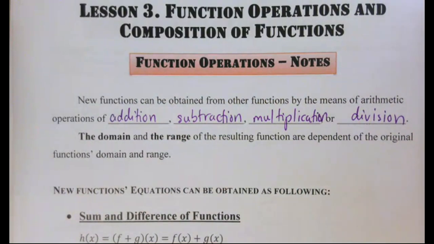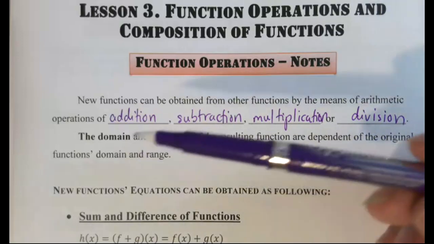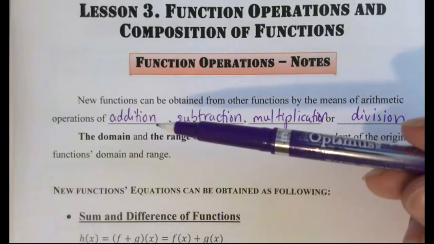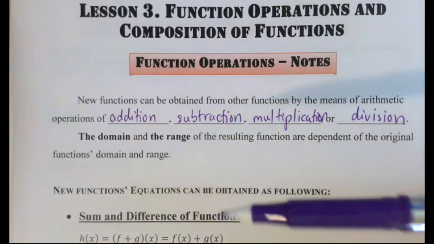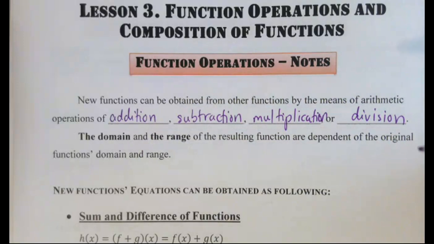So basically, we're going to add, subtract, multiply, divide the functions, equations, the f of x, g of x's, the y's of the function to get new functions. The domain and the range resulting from these operations will definitely be dependent on the original function's domain and range. So for example, if we're just adding two linear functions, the domain and range won't change. But if we're adding a linear function with a quadratic function, we might have to look at a change depending